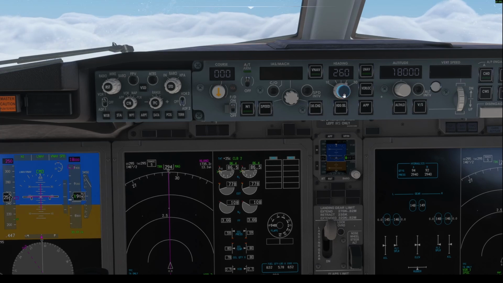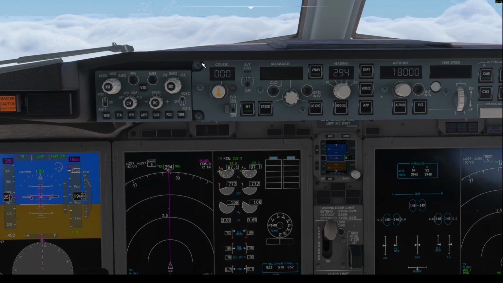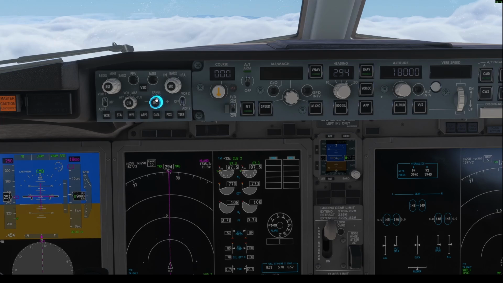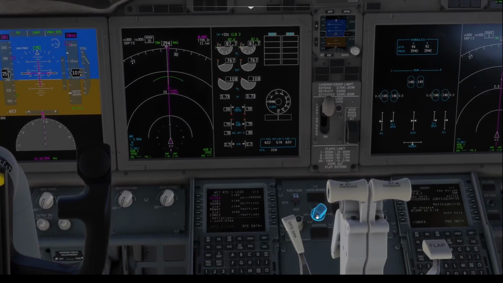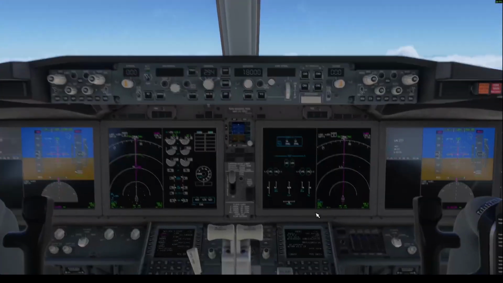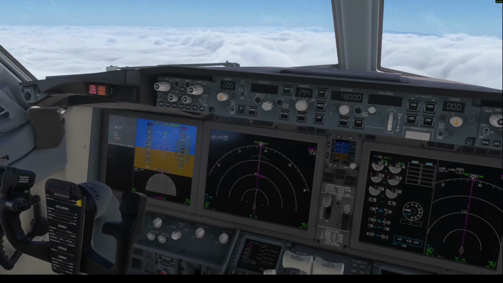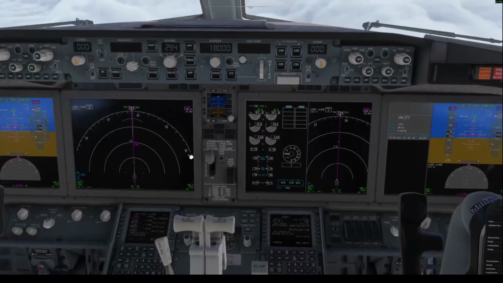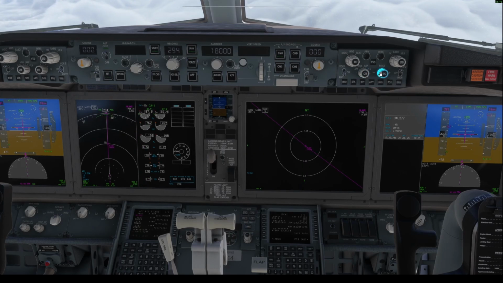I like to track. This does not automatically track your current headings, so every time we make a turn, you kind of should put that heading back in case you want to switch to heading mode quickly. We can increase the range here just slightly, turn on some weather in case, and let's go during the climb out here. Look at this. Actually, you know what? I'll put that info back there, and over here I like to have the plan, the flight plan mode,